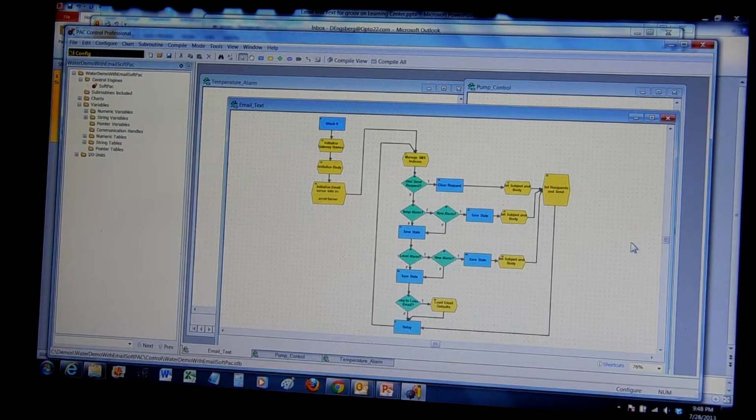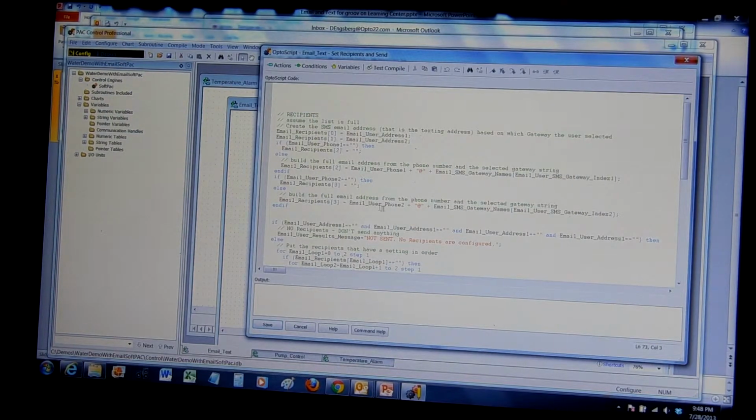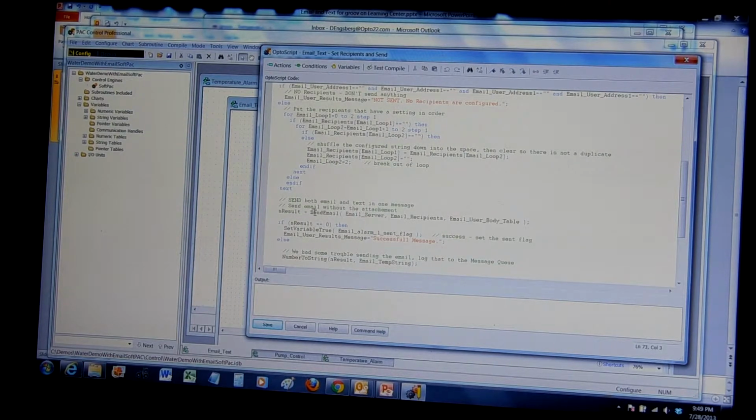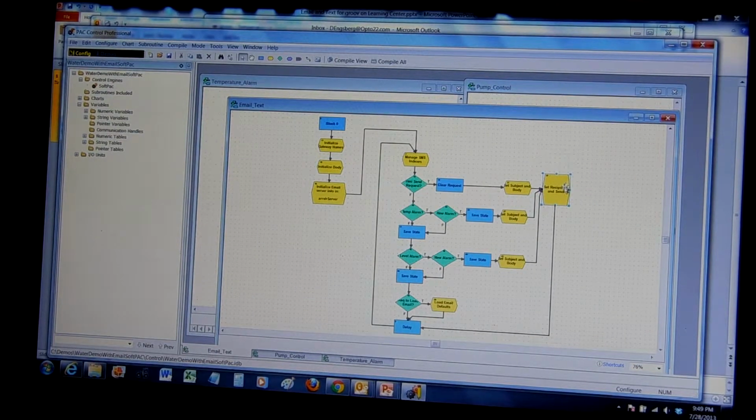The cool thing about this is that these emails go out using one command, and that is just the send email command. You can look that up in the user's guide, form 1700. So sending an email is really easy, and it's especially easy using SoftPack because my computer is basically prepared to send emails. Here's a few initialization things. One thing about sending texts: